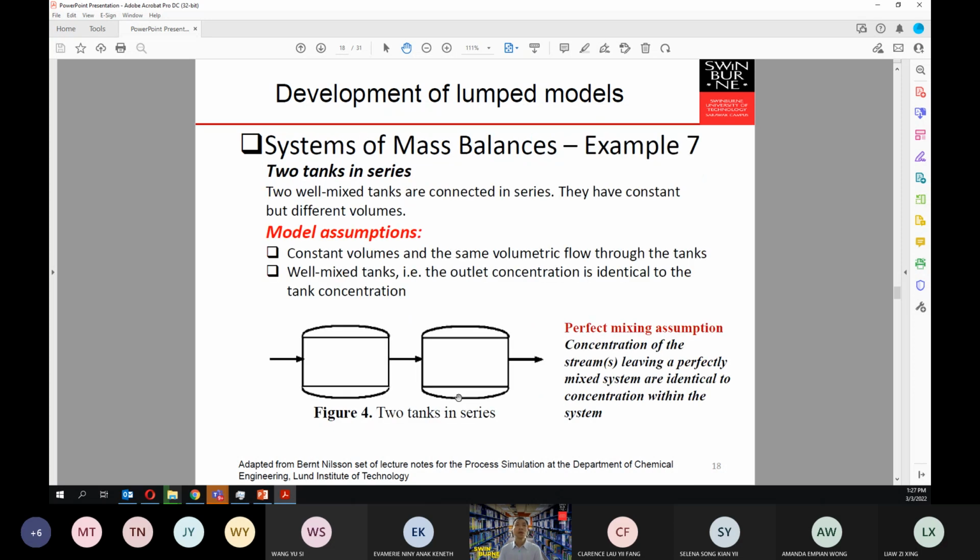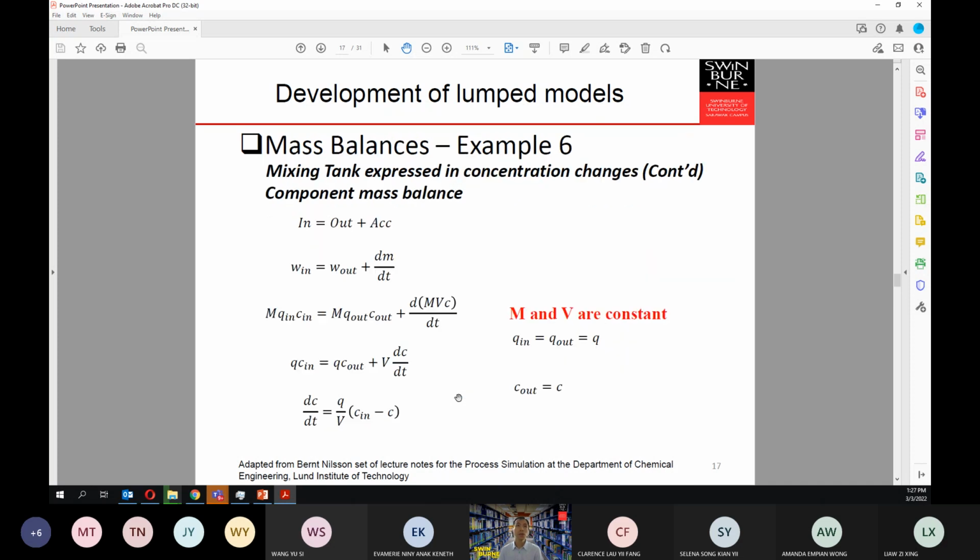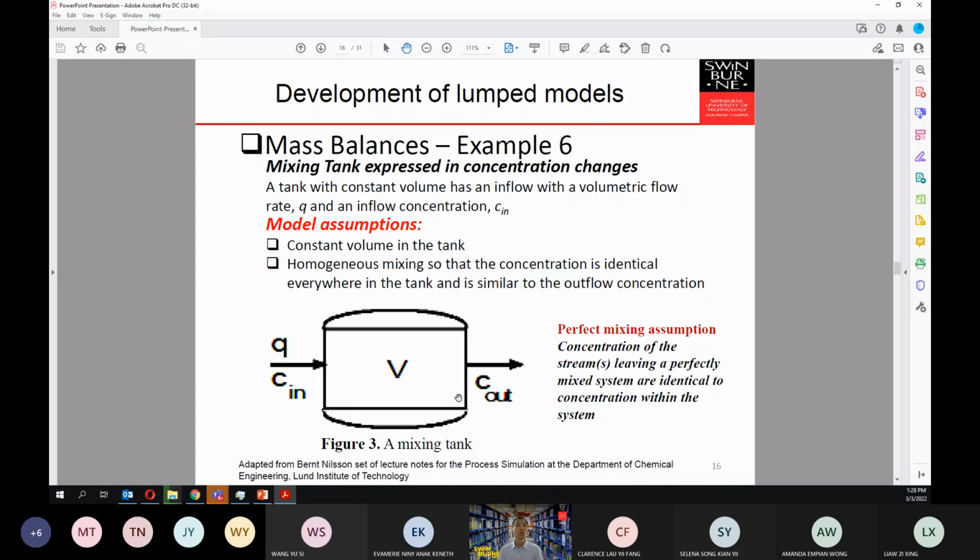Okay, now we go into, well, not necessarily, right? Because you may have a difference in terms of the C in and C out, right, Jason? In terms of the concentration in and concentration out. In terms of the flow rate, yes, but probably the concentrations in here may not be equal to the concentrations out. So if you're talking about the accumulation in terms of the volume, yes, you are correct. There will not be an accumulation in terms of the volume, but what are you talking about? If this is the accumulation in terms of the concentration, then it may not be true. You agree with me, Jason?